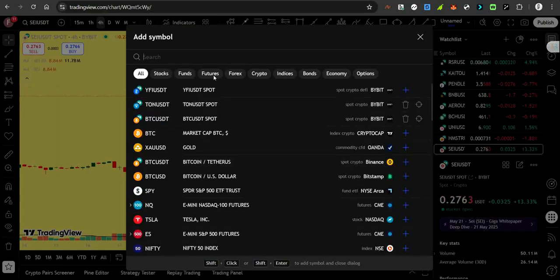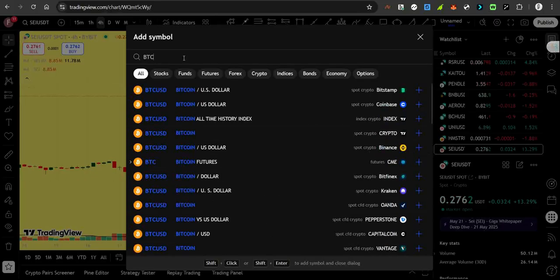Under the all, you can always search for any product that you want to search for. Like for example, now I want to search for BTC. Now I've searched for BTC, but which of the BTC did I want to add to my favorites? For example, I want to add BTC that is on Binance to my TradingView. So I will just search for BTC